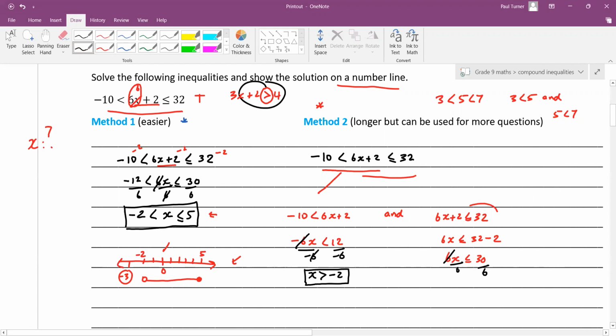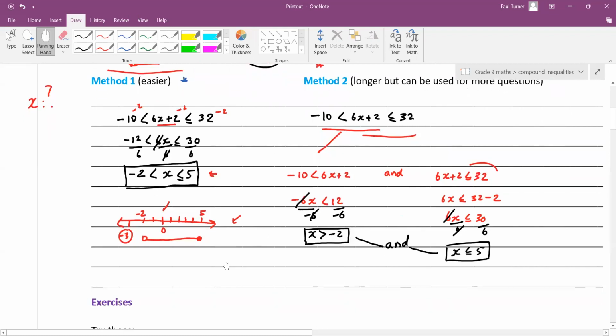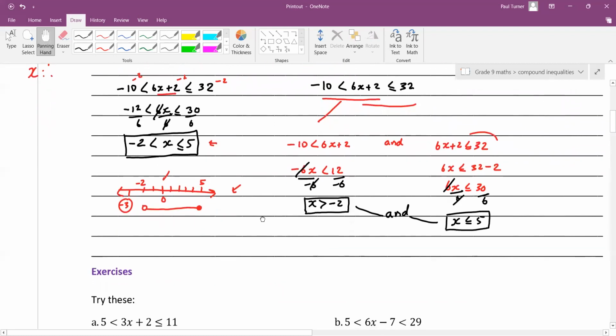So then 6 will cancel the 6. x is less than or equal to 5. So I'll put an and in there because we have an and at the start. Okay, you see we're going to get the same answer. So copy this down because you have a couple to do in a minute. Okay, so what we're saying here is that the number is greater than -2 and the number is less than or equal